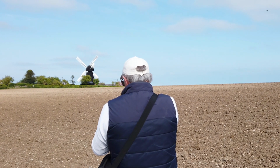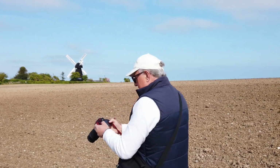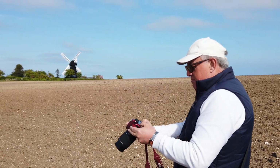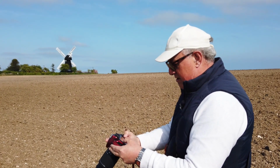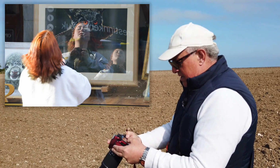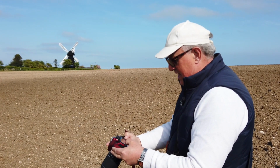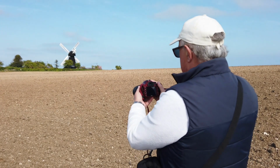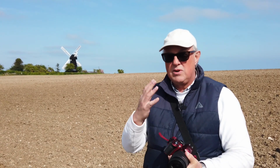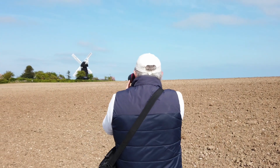I'm going auto. What am I doing? I always do this. Let's make sure all the settings are back to normal. I was out with Georgia the other night doing some stuff for her A-level. So I'll turn auto ISO off. Super bright today. We'll fix it at 100. I'll give myself aperture priority, f11. Whatever speed it tells me it needs is the speed we'll have. So f11,